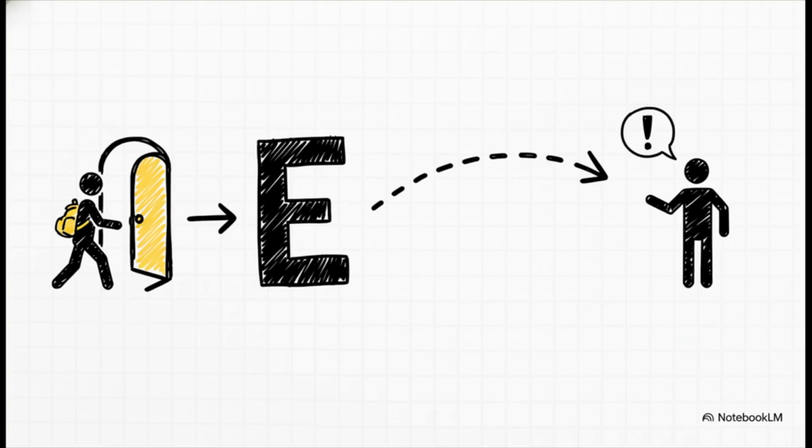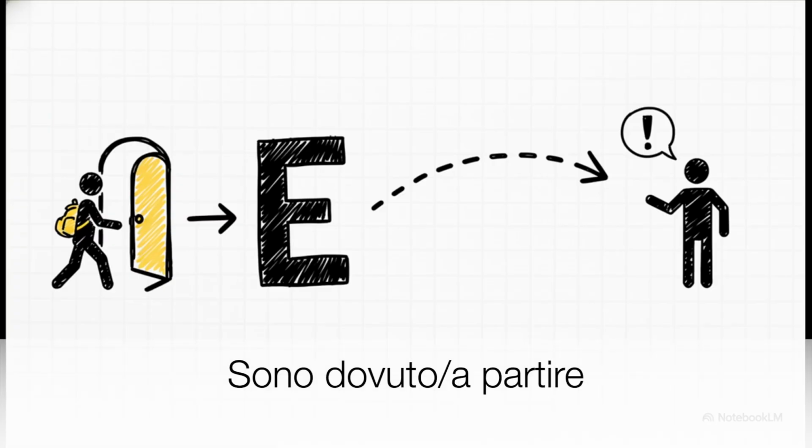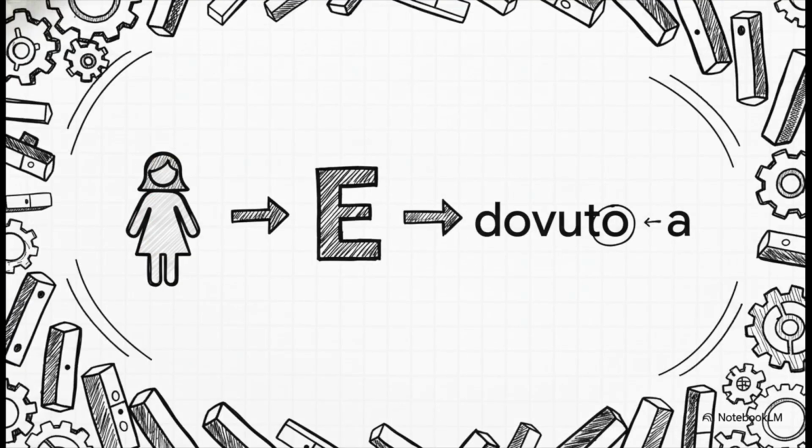So what happens if you had to leave? Well, dovere looks at partire, sees it needs essere, and so it borrows essere. And that's how you get sono dovuto partire or sono dovuta partire. And yep, you guessed it, the agreement rule shows up on the scene, even with the modal verb. That agreement rule we just learned kicks right back in. So the ending of dovuto has to change to dovuta, dovuti, or dovute to match the subject. It's like a domino effect.